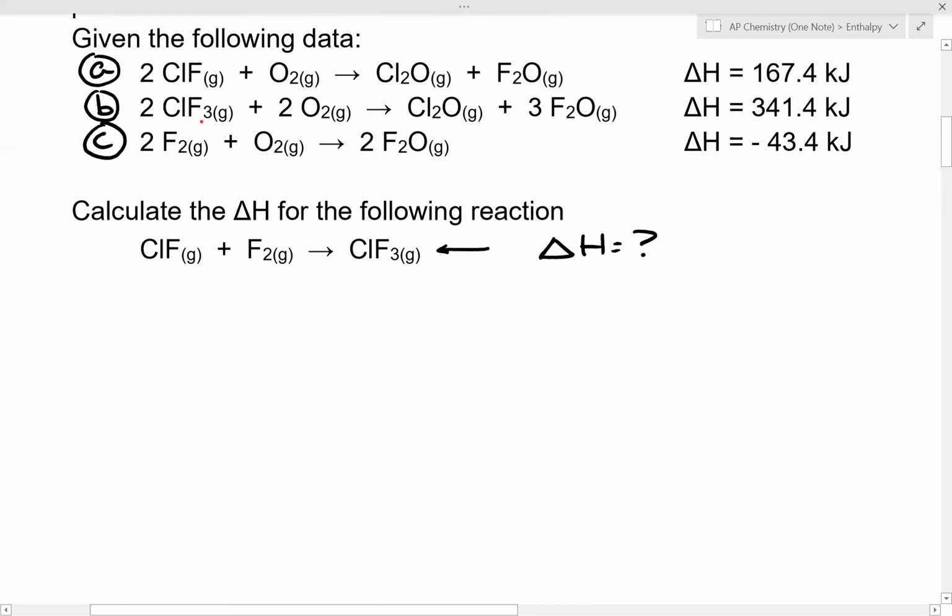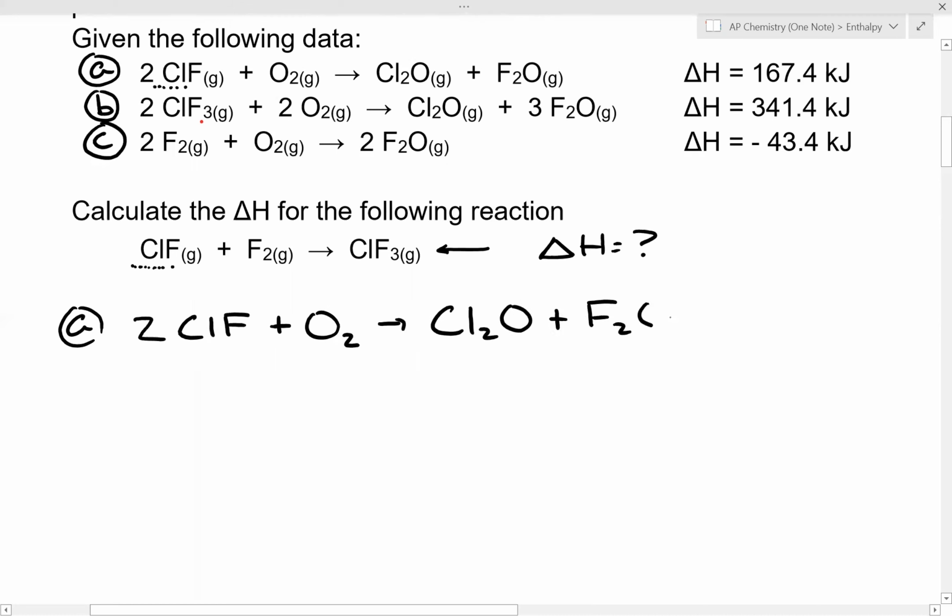So how do we approach this? Basically, you're looking for patterns. Notice we have ClF on the reactant side, and we have ClF here. So if I take equation A, I have 2 ClF plus O2 gives you Cl2O and F2O, and delta H would be